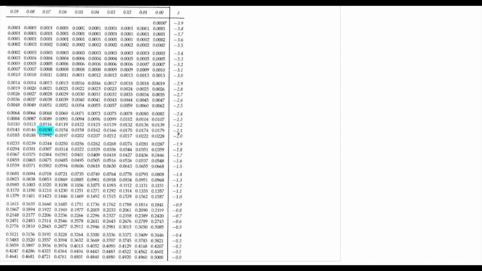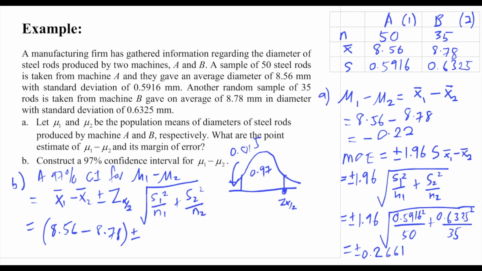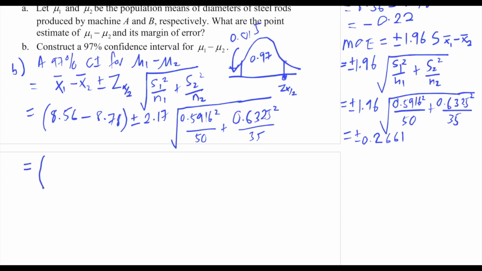It gives us negative 2.17. So Z alpha over 2 will be 2.17 times the square root of 0.5916 square over 50 plus 0.6325 square over 35. So our 97% confidence interval of the difference of the two population means is negative 0.5146 to